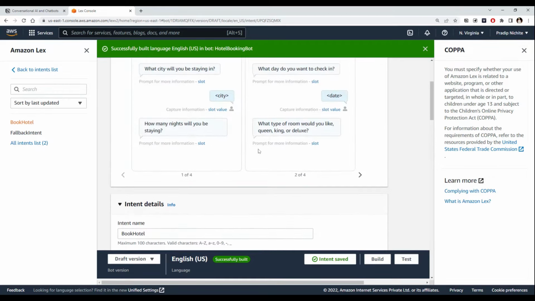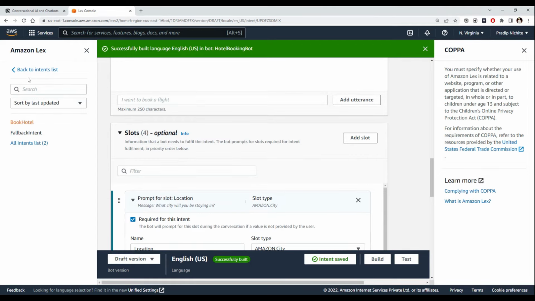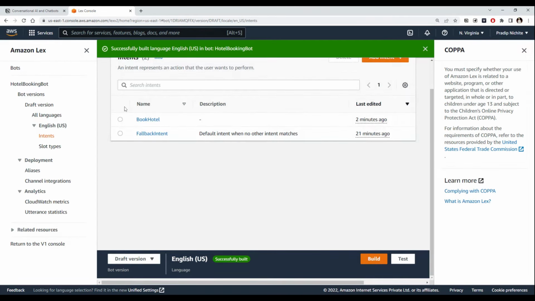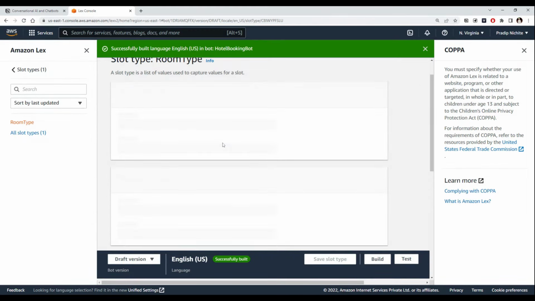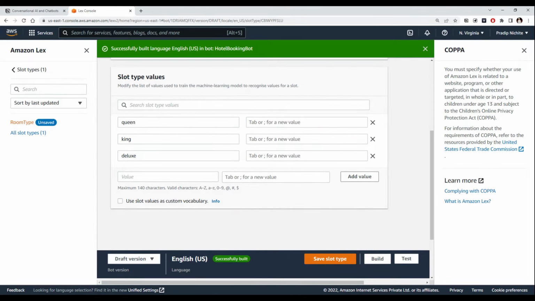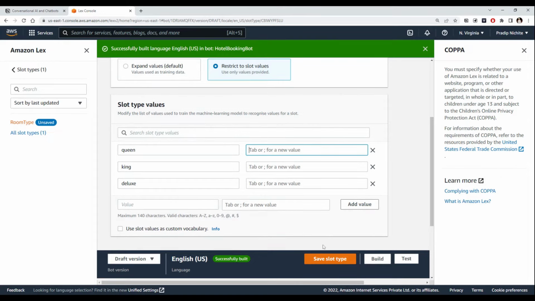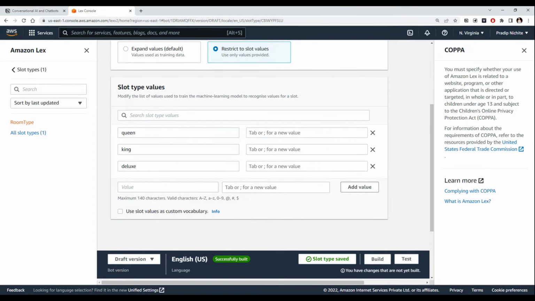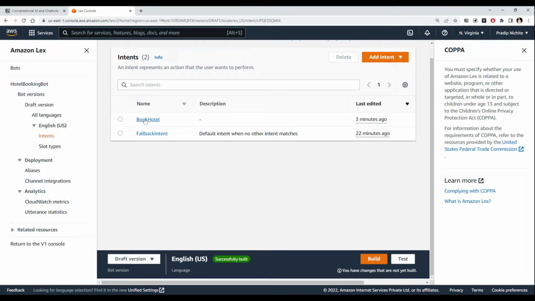Let me close this window, and let's go to the slot type. Let's go to slot type and room type. Let's restrict those values, so that it should have only one of those values. We can also give some other possible values here, but let's see whether it's going to restrict to only these three values. Save the slot, right? And let's go back to the previous window. Let's click on intents, go to our intent,